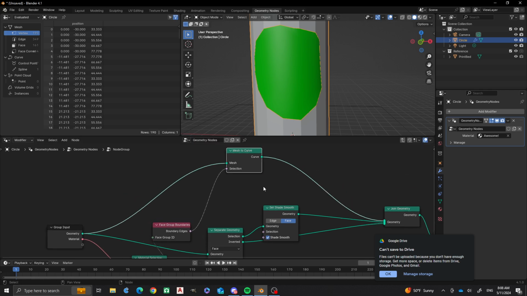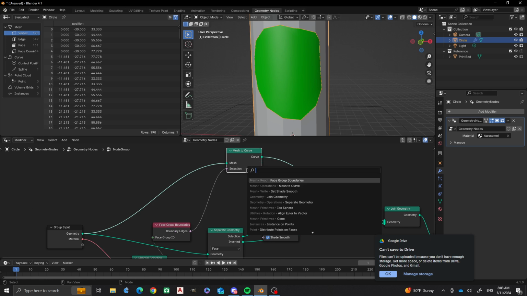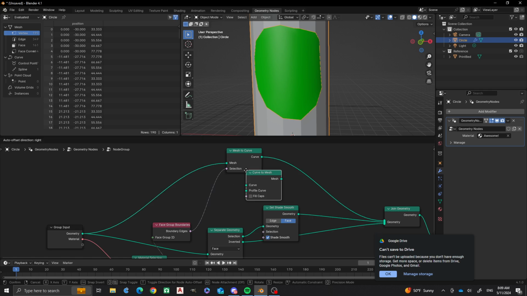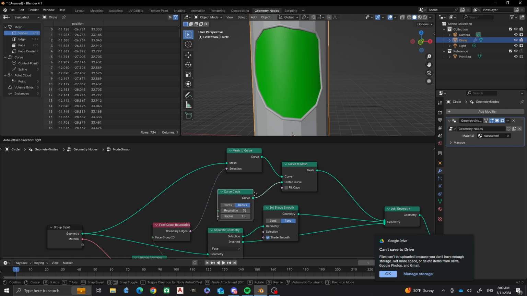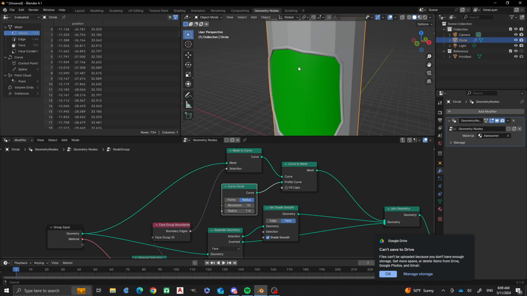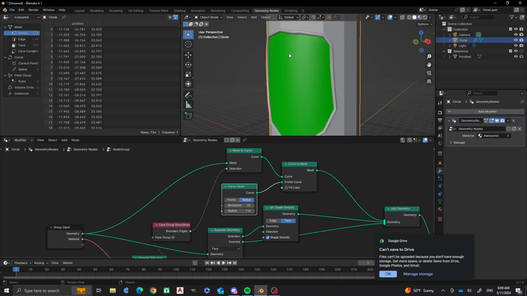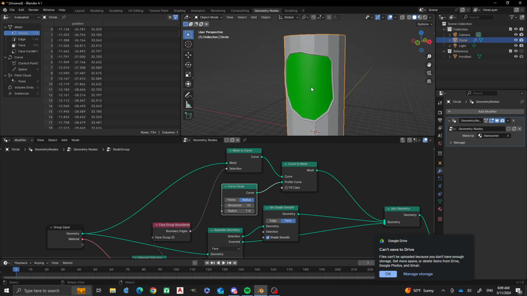So now to do a profile curve, we're going to take that mesh to curve that we made and do curve to mesh. Okay? And now, for the profile curve, I'm going to do a curve circle. Now we have this really cool border on here. So now we separate our materials where we have a nice cool border, and we can do some really fun things